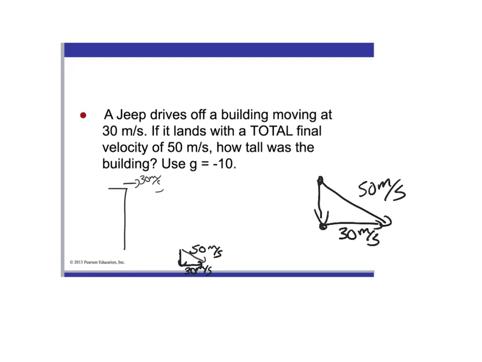And so in the y direction, it would be going 40 meters per second because it's a 3, 4, 5 triangle. You can do the Pythagorean theorem. 50 squared equals 30 squared plus Vy squared. Solve, and you'd get 40. Now what does this tell us? Well, this tells us that it was going 40 meters per second when it hit the ground in the y direction. So we can use